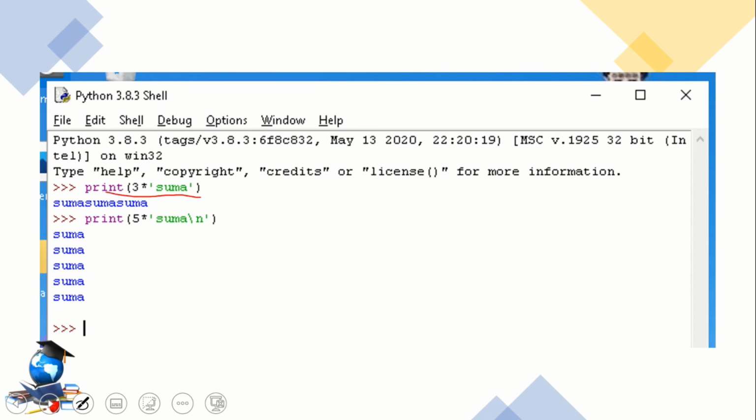So the string Suma will be displayed 3 times. In this statement, I've used a new line. So the string is displayed in a new line. After each string, a new line is displayed. Okay. So this is the use of the print function. We can display our string by the use of the print function.